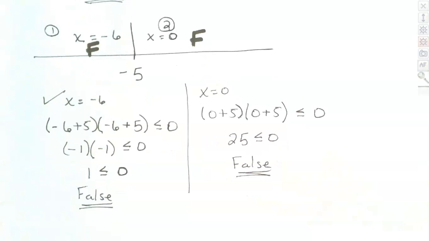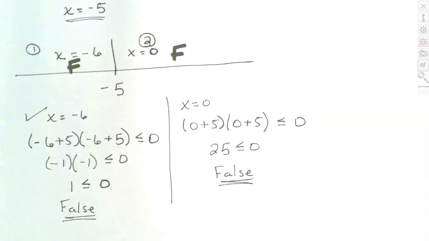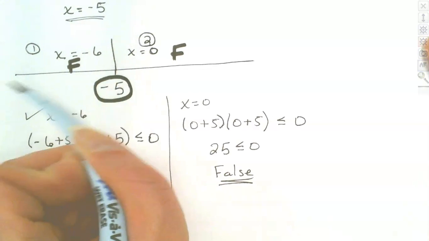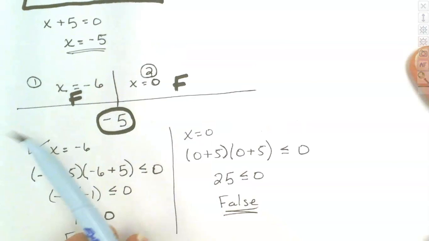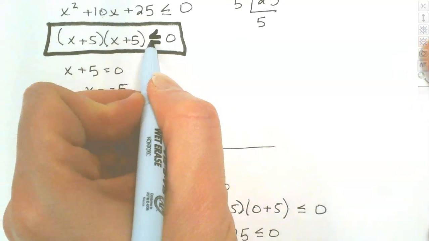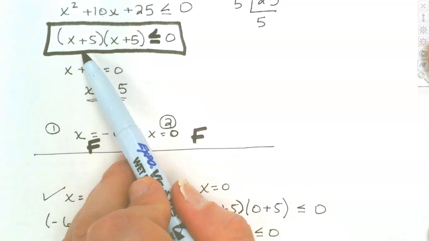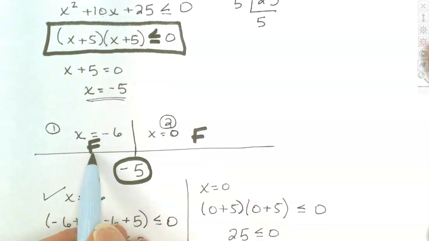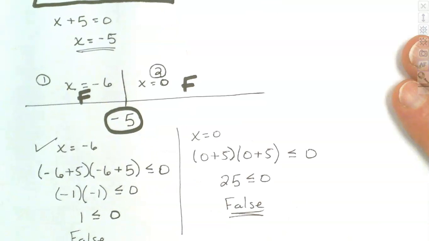Okay, now here's where we got to be careful about our inequality. Everything is false except that negative 5, because why is our answer going to be negative 5? This is false and this is false, but look back up and see what you've got. X is less than or equal to 0, right? And if I plug that negative 5 in, what do I get? 0, and 0 can equal 0. So this side is false, this side is false. So that means the answer is